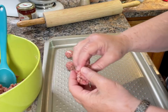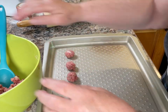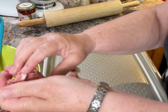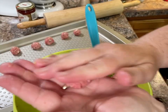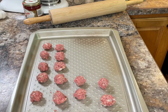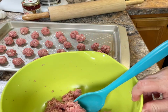Place your meatballs on a greased cookie sheet. For the purpose of the video, I'm going to do up about half of the meatballs, but the sauce will be enough for the whole batch. So you're going to end up with probably 3 or 4 dozen of these, or a total of about 40 meatballs. Depends on the size of your barbecue or your oven. You may have to do 2 batches on 2 separate cookie sheets, but I'll let you be the judge of